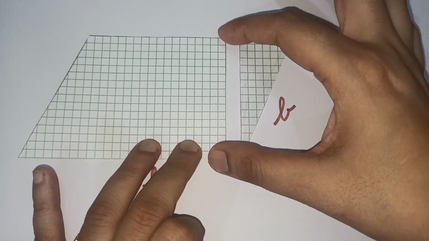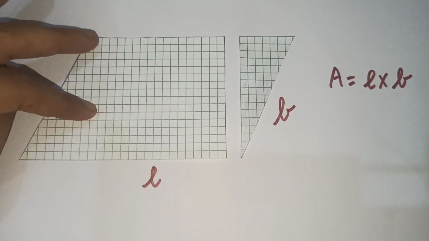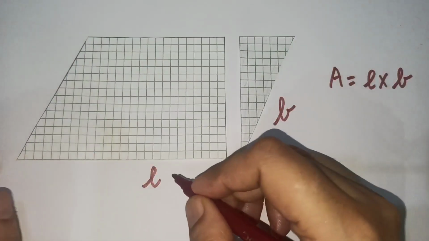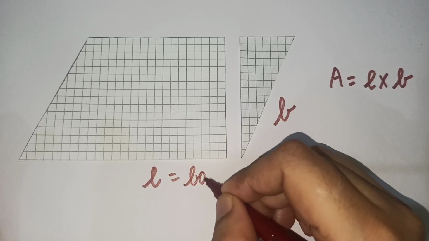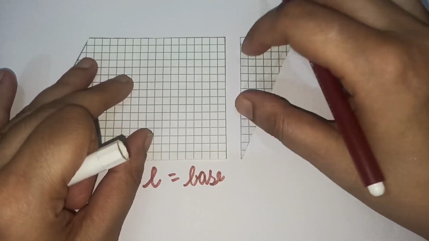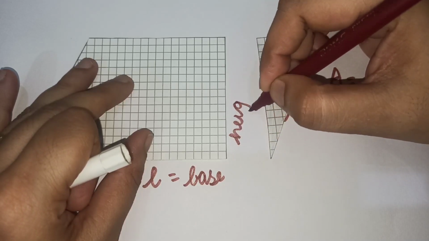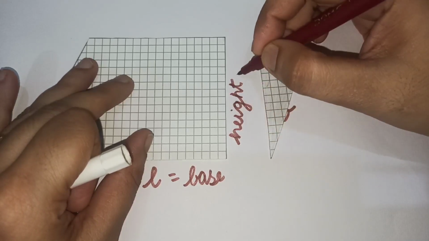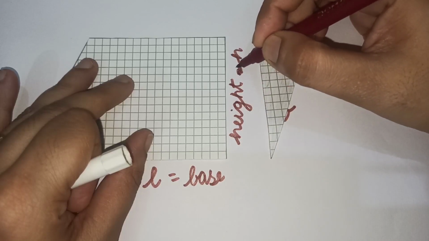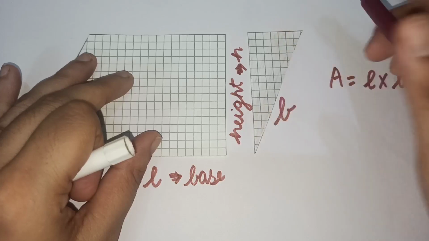It is this much tall. If this is the base, now the length will be taken as the base and the breadth becomes the height, and it can be written as H. The area will now become